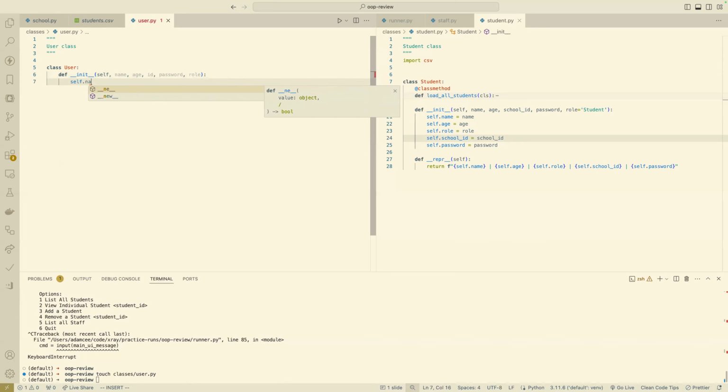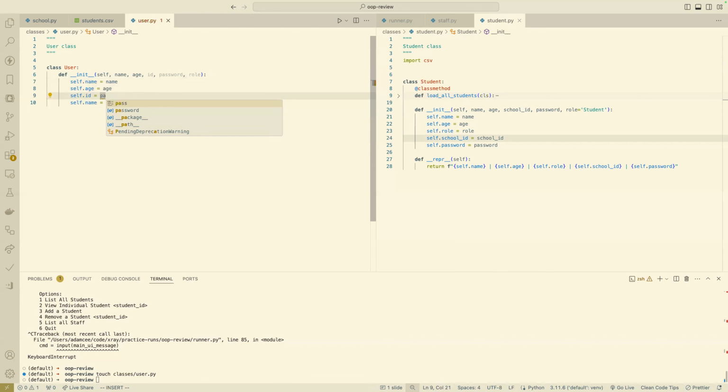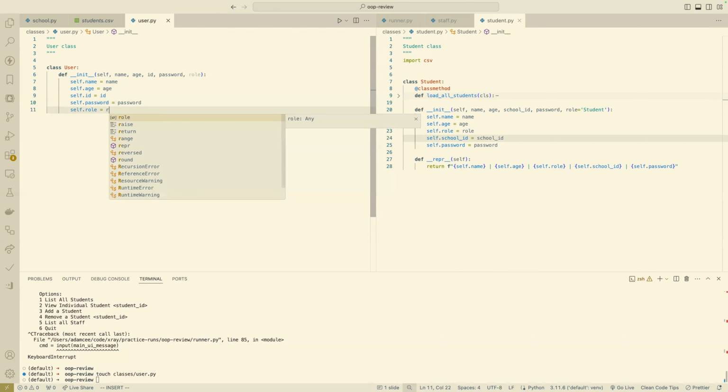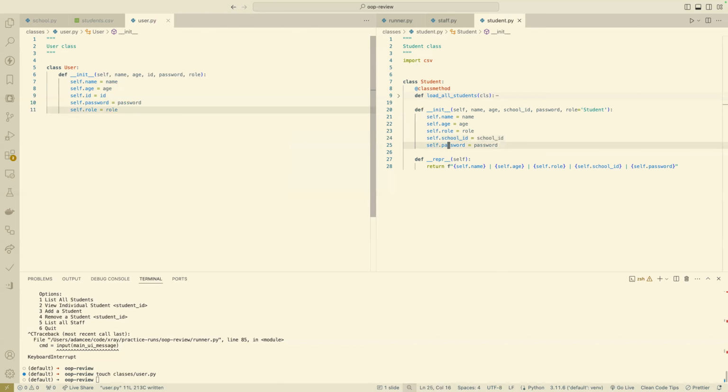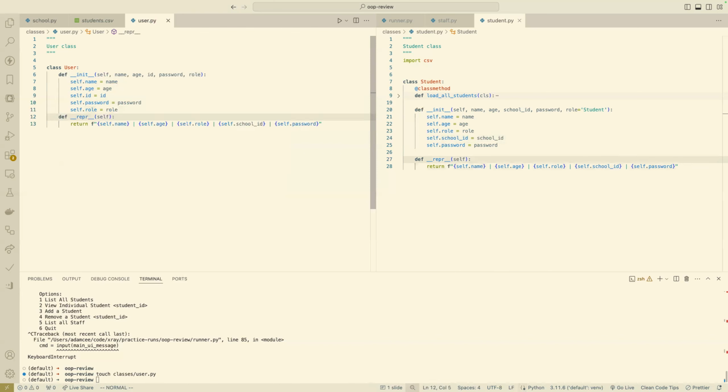And we're just going to keep it simple. Self name is going to be name. Age, and I apologize that I'm zooming a bit. I'm going to try and zoom through what are the more straightforward bits, and then move at a better pace for the rest of it. Password is password, and role is role. And I am going to steal this repr method, and we're going to put it right there. And instead of school ID, we do want ID. And let's see, name, age, ID, password, and role. I think